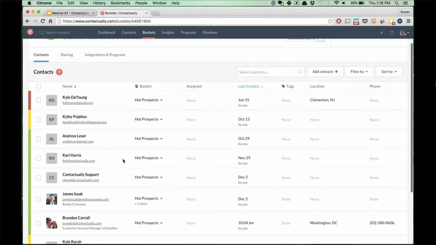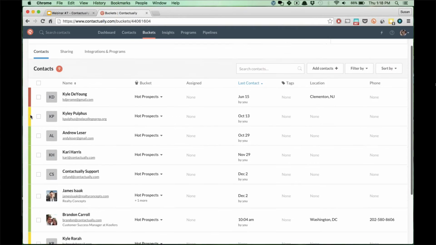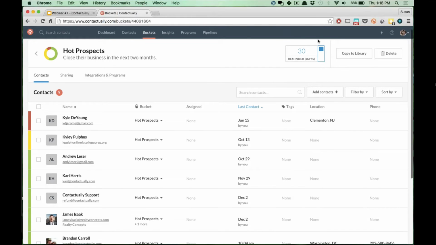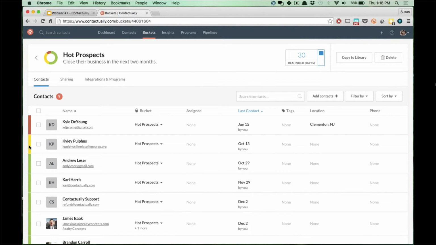Now let me scroll down. So again, you've got the color coordination here. Green is good. Green means you've spoken to them within the time frame you've wanted, in this case, 30 days. Up here is my reminder. So everyone in the green I've talked to within the past 30 days. The yellow, on the other hand, means it's been a little more than 30 days since I've spoken to the person. And red means, oh my gosh, you have not talked to this person in way more than 30